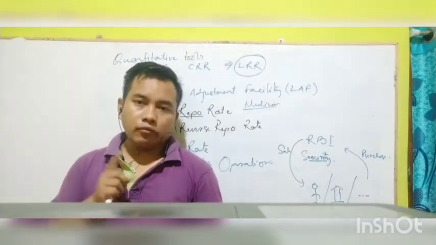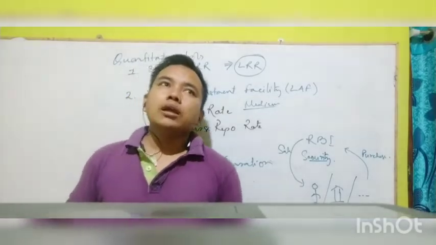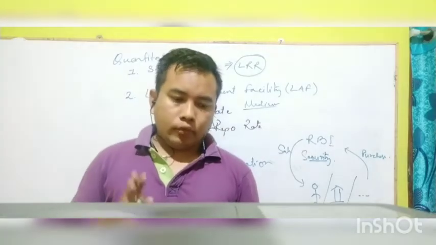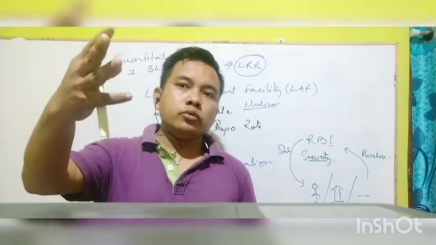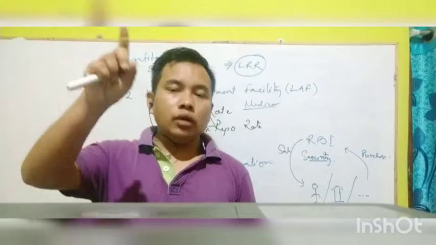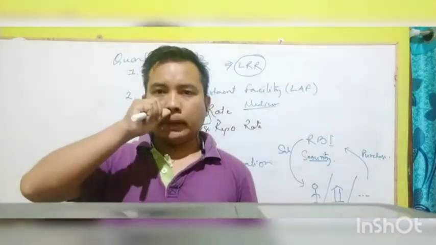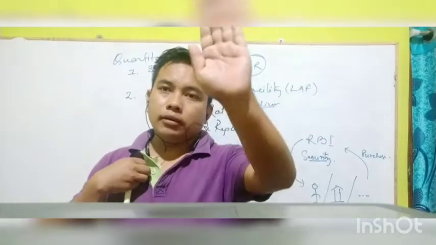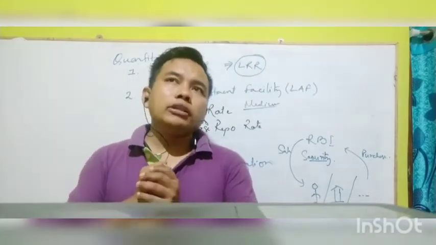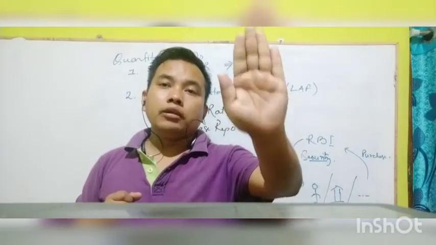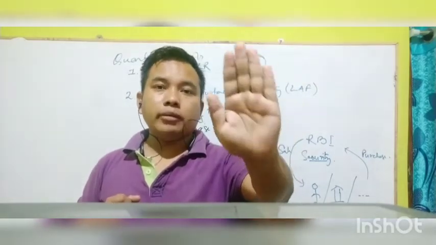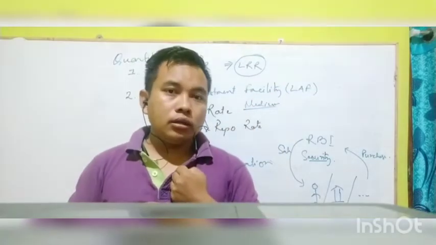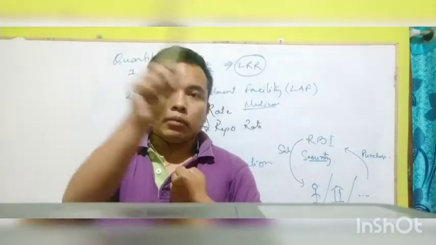Here is the explanation I am going to ask you. What was the example of this government security? A piece of paper. When I sell a government security to you, you are the bankers, the common people, the companies, etc. You will pay me money. In return, you will get that piece of paper. Earlier, you were having 100 rupees in your pocket. Now you have less money, so money supply decreases.